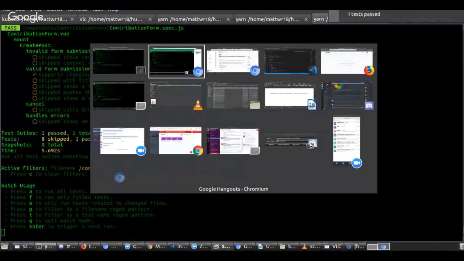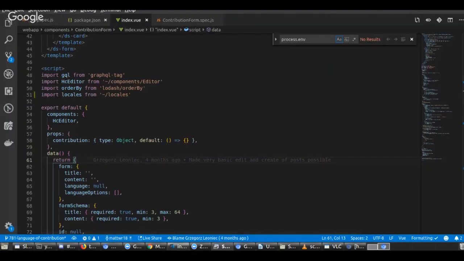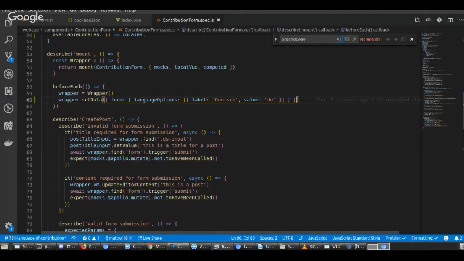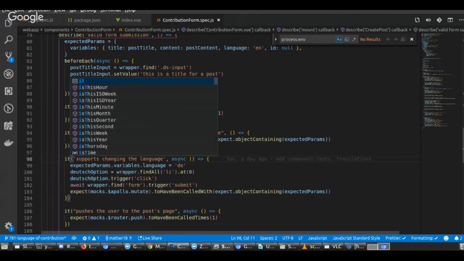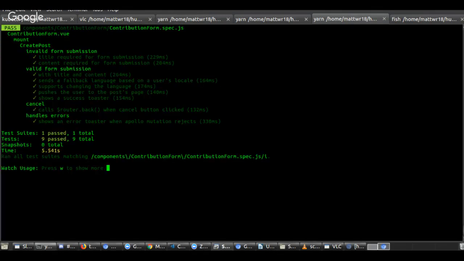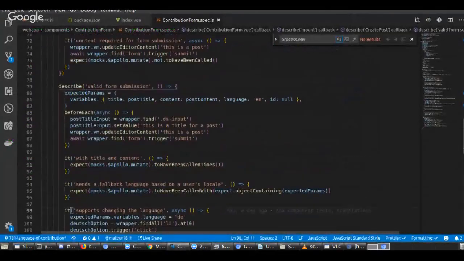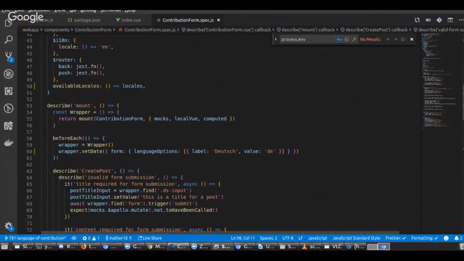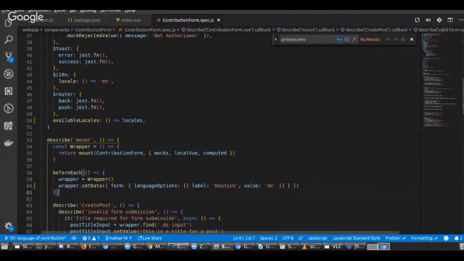So I guess I need to remove the... I just recently started using this .only from Jest to run one test at a time. I was thinking about you the other day because this test here, this contribution form, I was experiencing some weird behavior that I was going to talk about in the PR actually, where I was running the